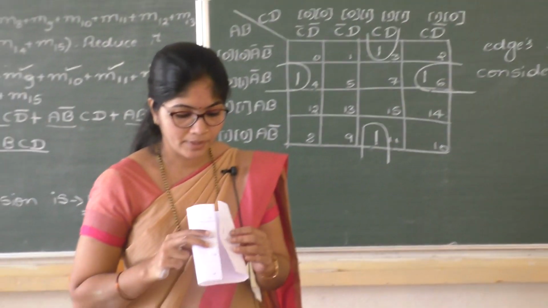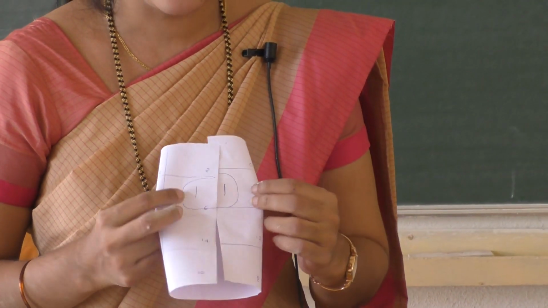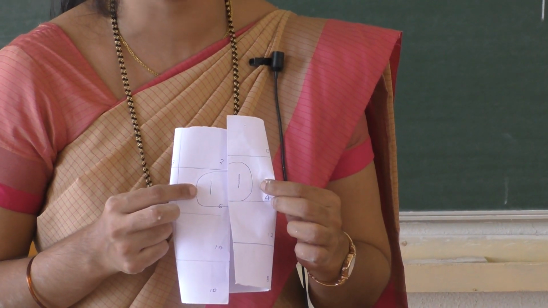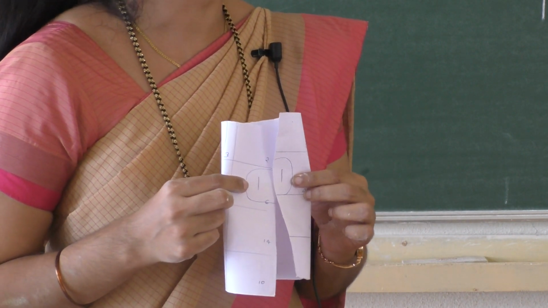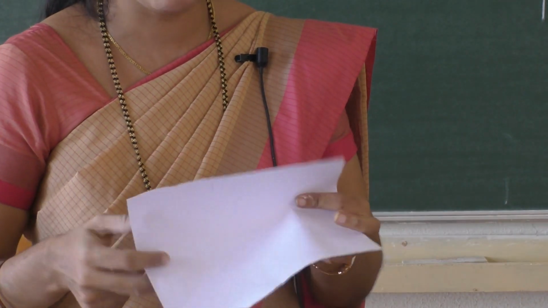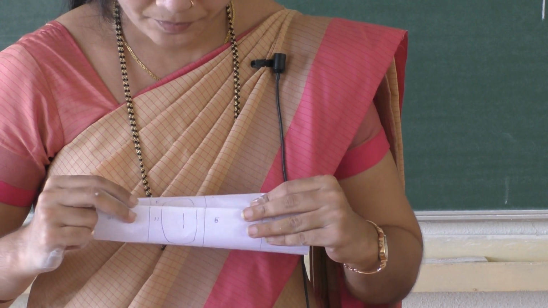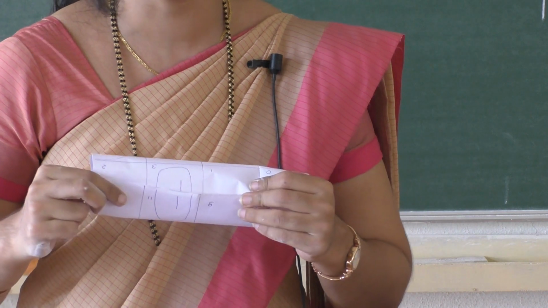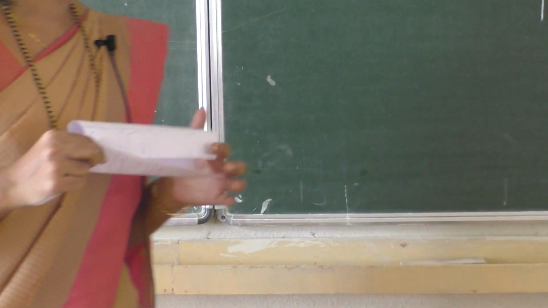When we roll the map from left to right or right to left, one in the fourth box and one in the sixth box are adjacent. In map rolling, opposite edges squares are considered as contiguous or adjacent. When we roll the map from top to bottom or bottom to top, one in the third box and one in the 11th box are adjacent. So, using those ones we can make pairs.